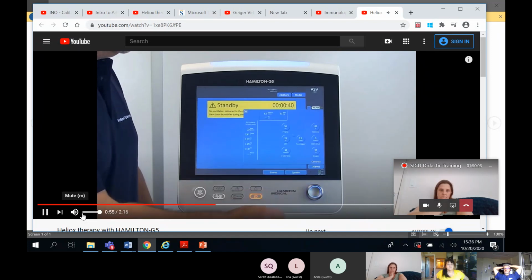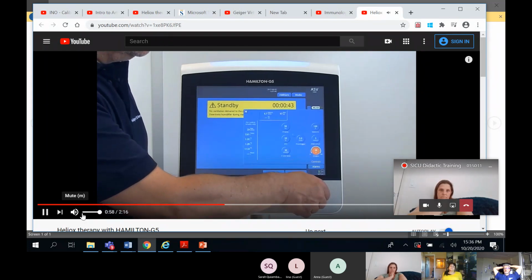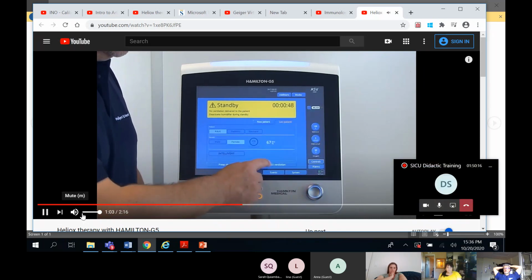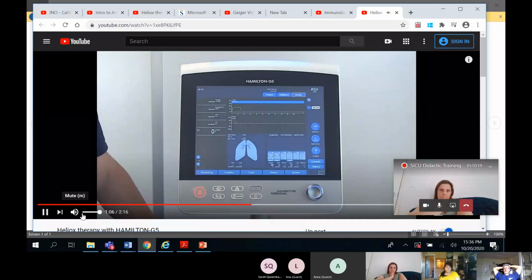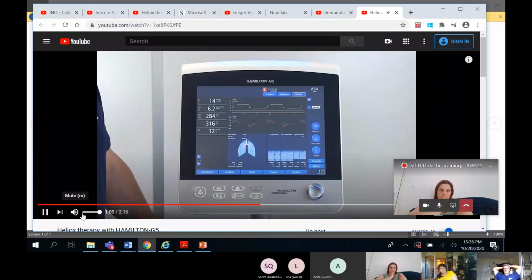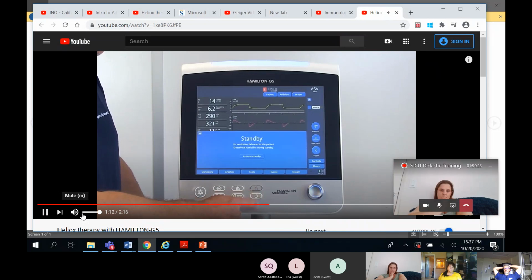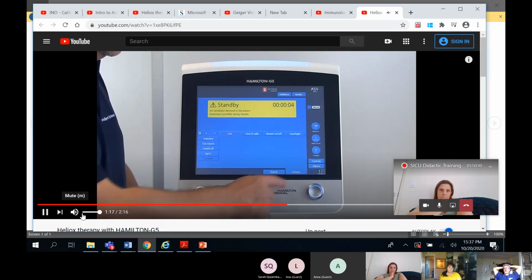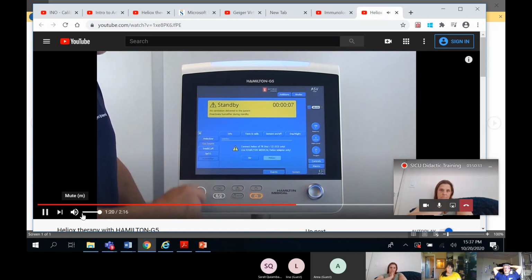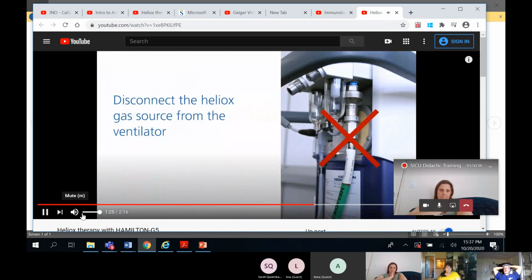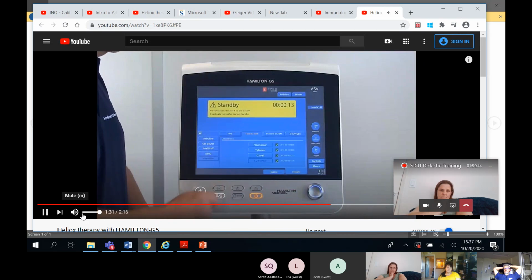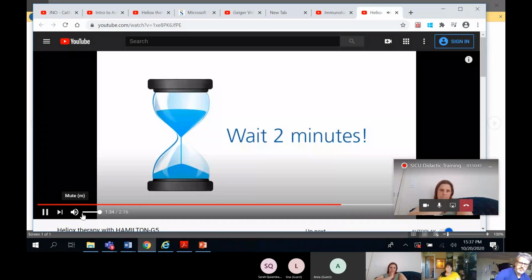Set the desired ventilation mode, adjust the parameters, and start ventilation. To switch back to the gas source air, firstly put the ventilator into standby mode. Open the system and then the gas source window and select air. Disconnect the Heliox gas supply. After switching the gas source, we recommend that you calibrate the flow sensor. Wait 2 minutes before calibrating the